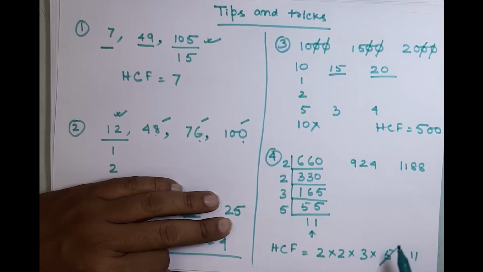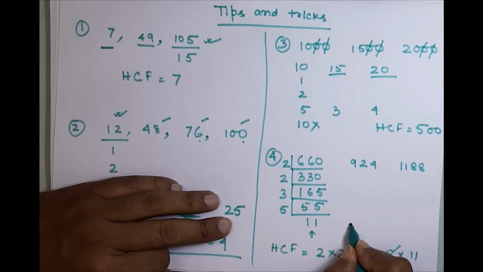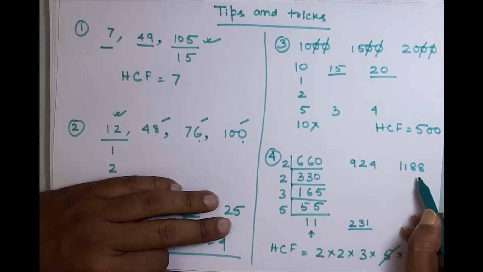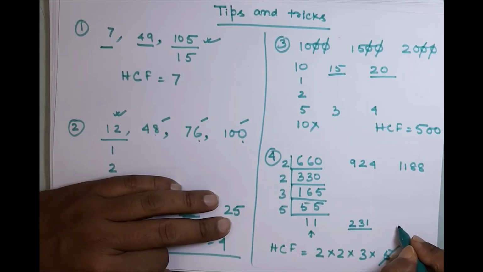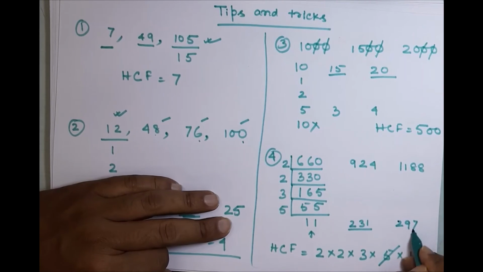Now, is 924 divisible by 4? Yes, it is divisible by 4, and once we divide 924 by 4, let us do that for you, we get 231. And is 1188 divisible by 4? Yes, 1188 is also divisible by 4, and if you want to identify the quotient, 4 2s are 8, 4 9s are 36, so 297 will be the quotient. So it is divisible by 4.